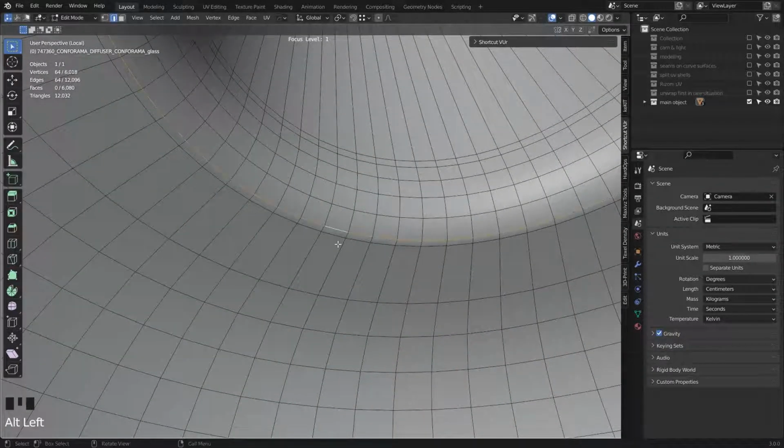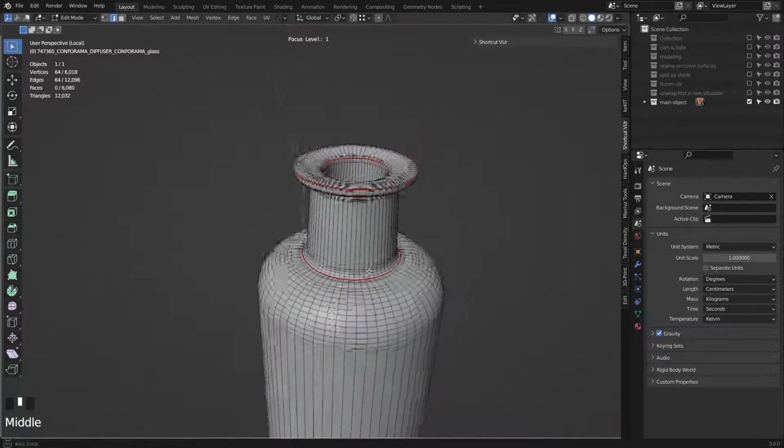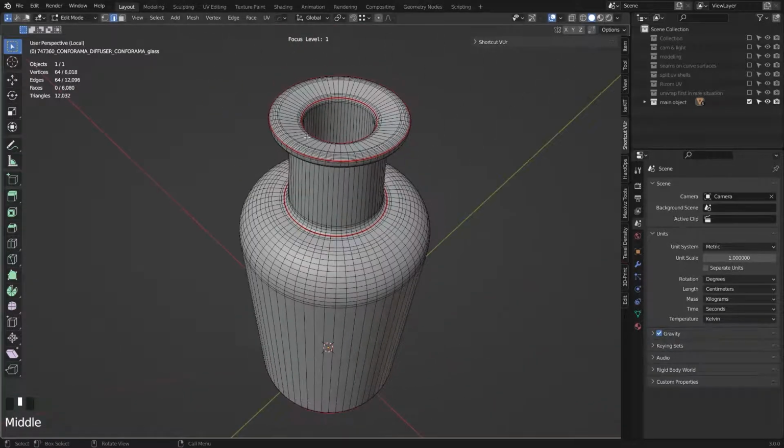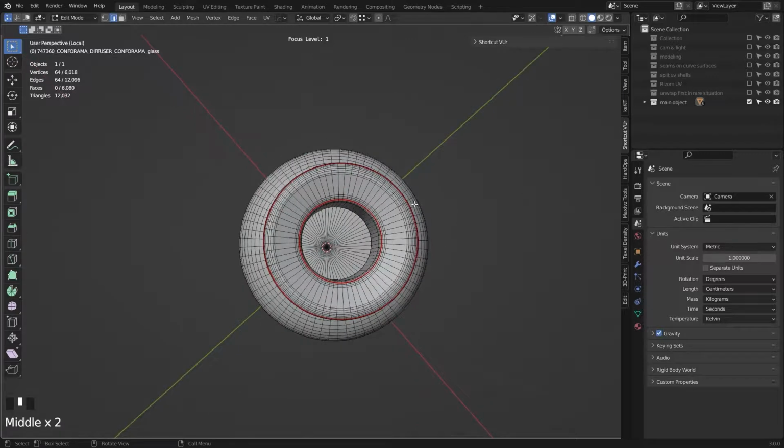You can pick here and mark seam here. Okay, so I pick my horizontal seam and I should cut the whole object to unwrap it correctly.